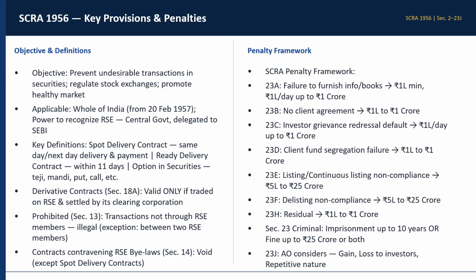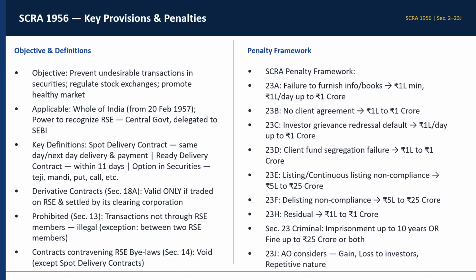ठीक है। डीलिस्टिंग का अगर कोई नॉन कंप्लायंस है, 5 लाख to 25 करोड़। फिर 23H क्या है, रेजिडुअल, जो पेनल्टी कहीं पर भी प्रेस्क्राइब नहीं है, तो फिर 1 लाख to 1 करोड़। सेक्शन 23 टॉक्स ऑफ क्रिमिनल प्रोसीडिंग, क्रिमिनल उसमें क्या होगा, इम्प्रिजनमेंट हो सकती है अप टू 10 years और फाइन अप टू 25 करोड़ और बोथ। ठीक है।